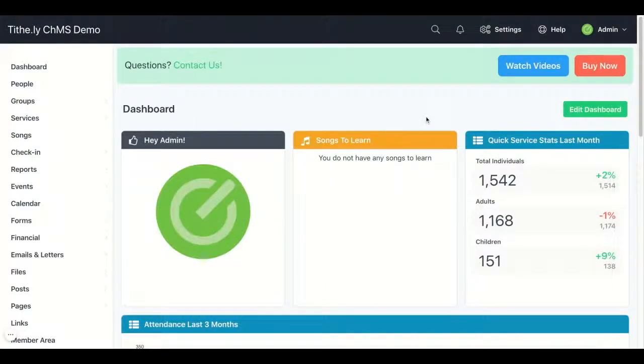The final setup type is Quick Check-in. Quick Check-in is used for scanning barcodes to quickly check in individuals or families. As barcode scanning can't be demonstrated in a video tutorial, please contact our support team if this is something you need assistance with. Now that we've looked at the different variations of check-in, there's one final feature to consider: